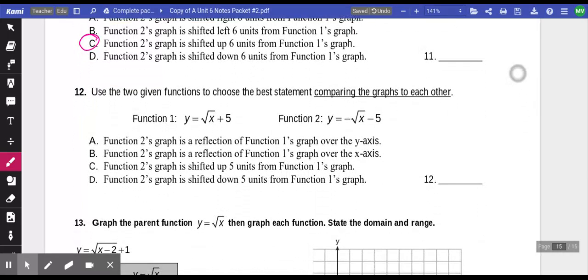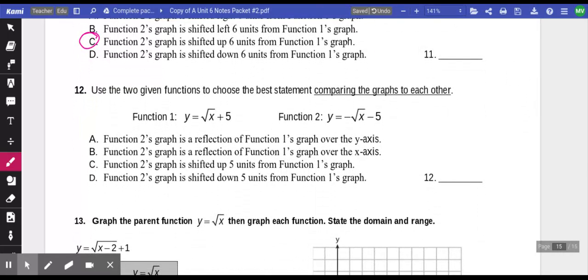Number 12, here, this would be moved up from the parent. Sorry, I tried to pause. Excuse me. So here we're going to compare the two graphs. Again, I'm going to take a look at graphing them. Let's see if I can. Nope. So